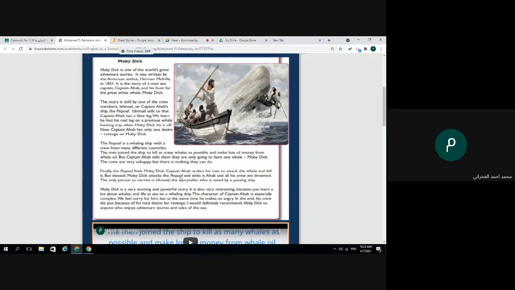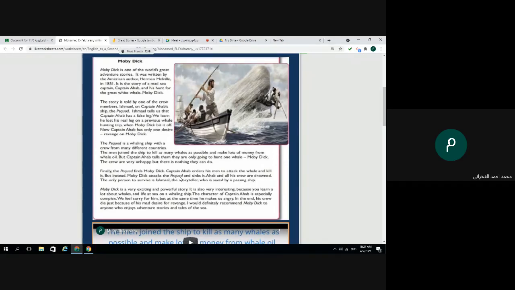And his hunt for the great white whale. What is the name of this great white whale? Moby Dick. So again, this is the story of a mad sea captain, Captain Ahab, and his hunt for the great white whale, Moby Dick.